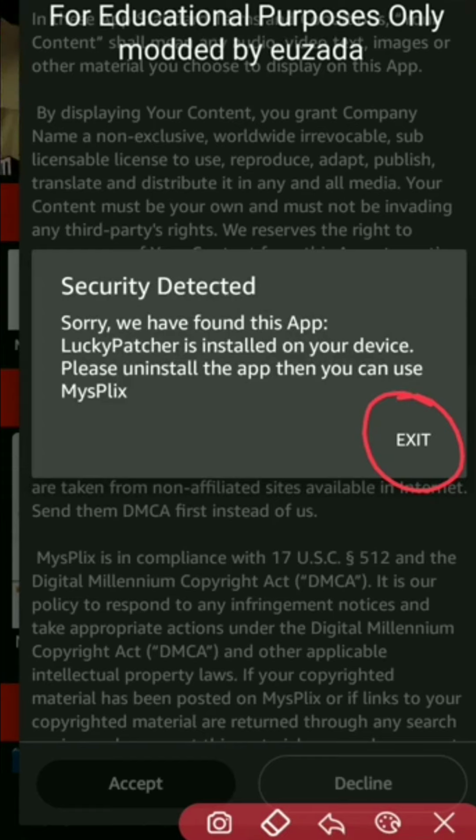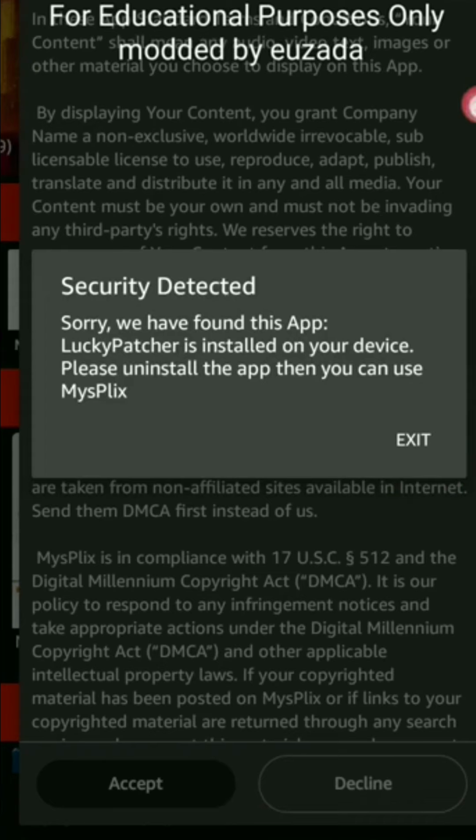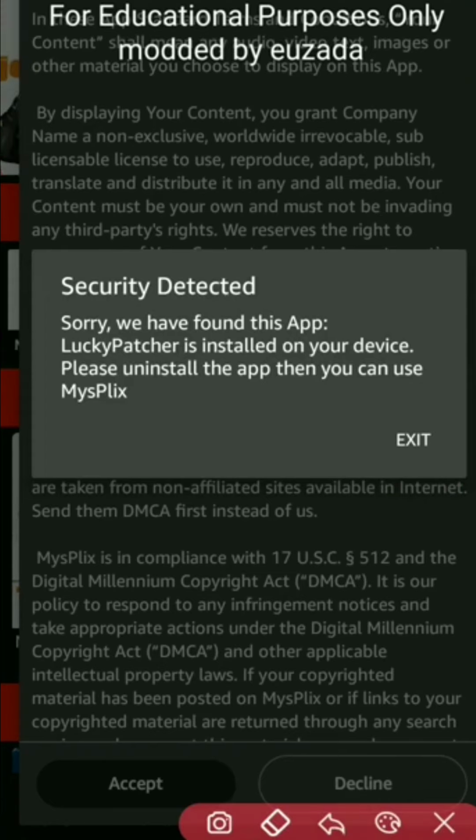Now, if we are lucky, my first method is to try to find a unique word inside this dialog box. "Security detected" probably is not unique. Probably with any security detected, if someone has, other than Lucky Patcher, something like APK Editor Pro, maybe the app will say, oh, you have APK Editor Pro, I cannot install it, or you cannot run it. How does the app know that I have Lucky Patcher? This is also another way we need to think about: how the developer checks that Lucky Patcher exists